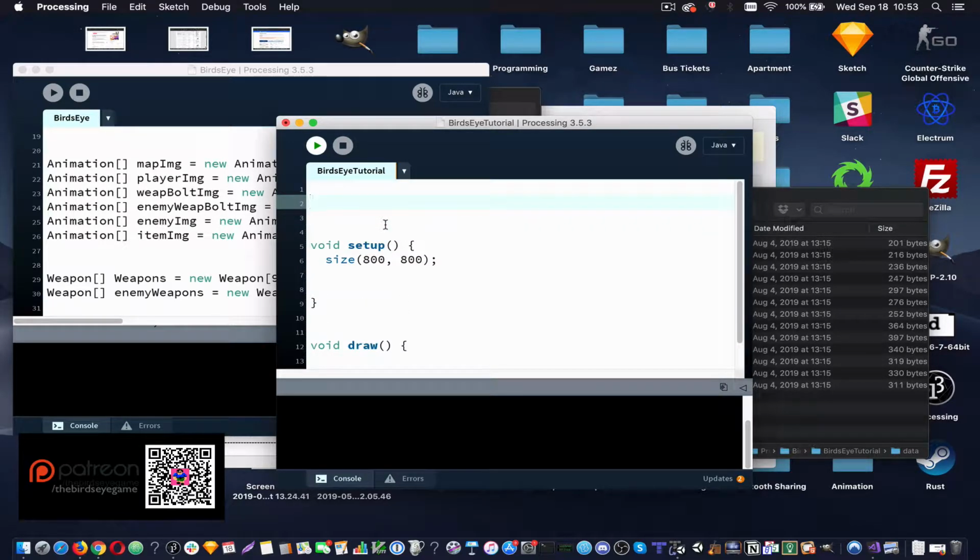So I'm going to start out with the processing structure. It's a class, like a data type, that's provided by processing called PImage. And I'm going to create an array of the PImages,